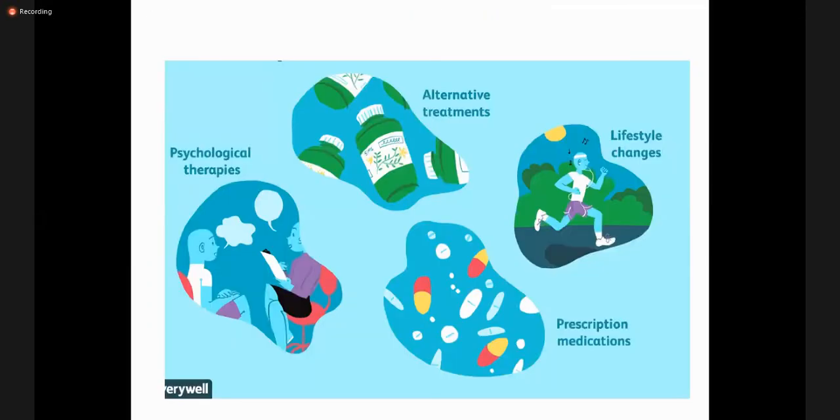Then what treatments can we have for the psychosis and for mania? So here also we use the biopsychosocial model. Biological treatment includes medications. For mania, there will be